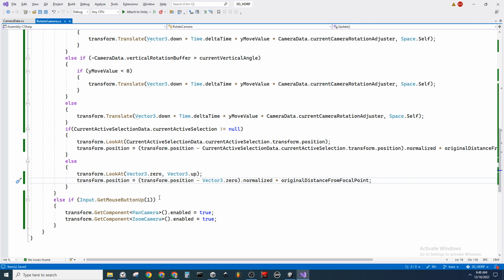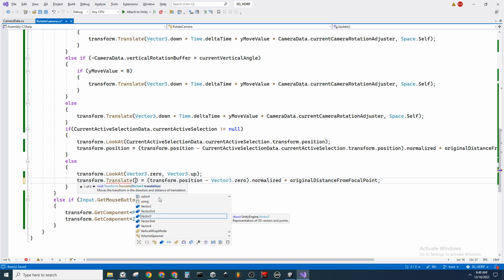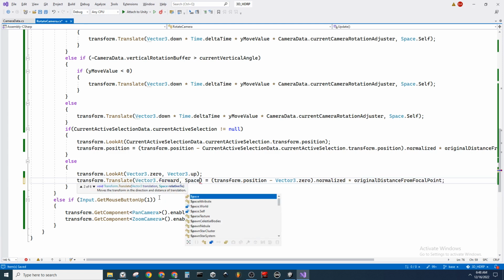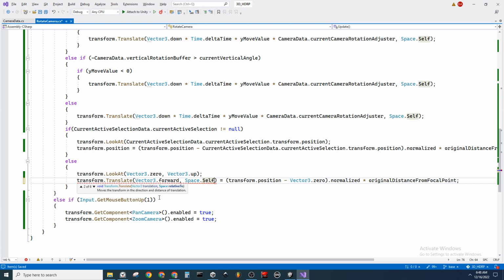Alright, so I have one more idea. And that idea is to say transform dot translate, and I'm translating forward in self space. I need to transform forward by a difference between